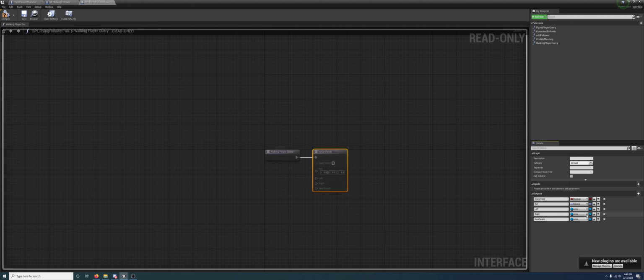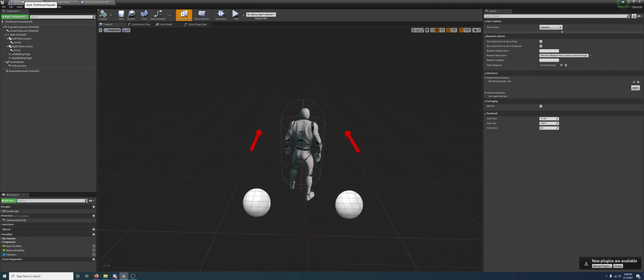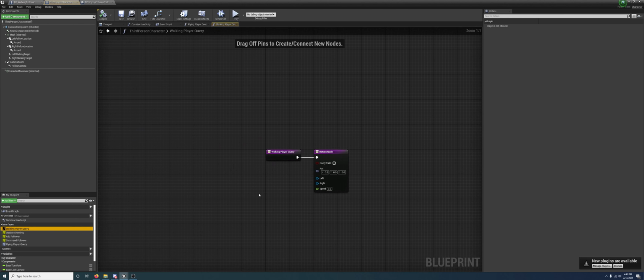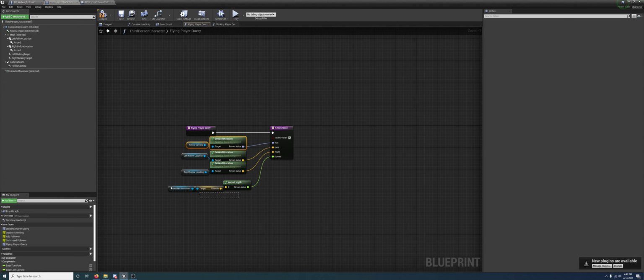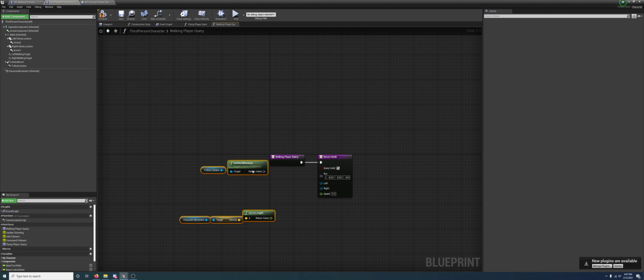And lastly, we're going to have a float, and this is going to say speed. Awesome. So now we can go into our third-person character and implement this function. So we go to walking player query this time, query valid yes, and just like the flying player query, we can copy this follow camera and we can copy the character movement vector length. So I'm going to paste these in,